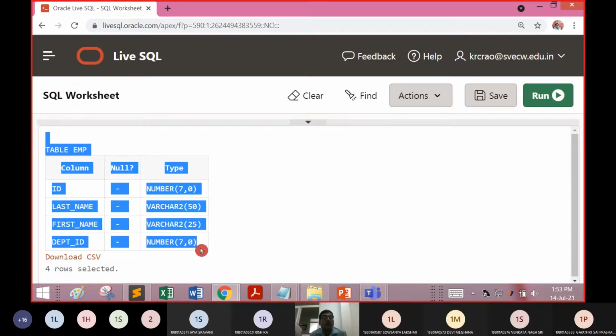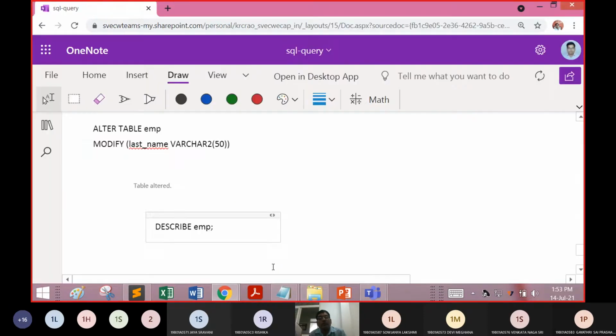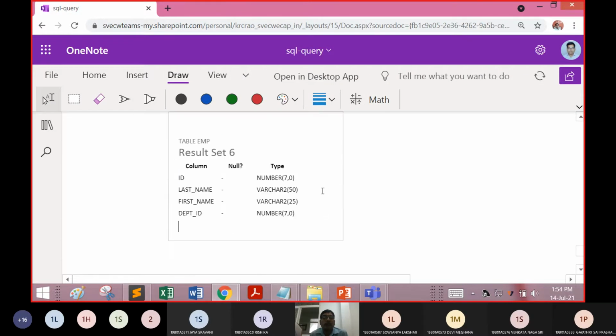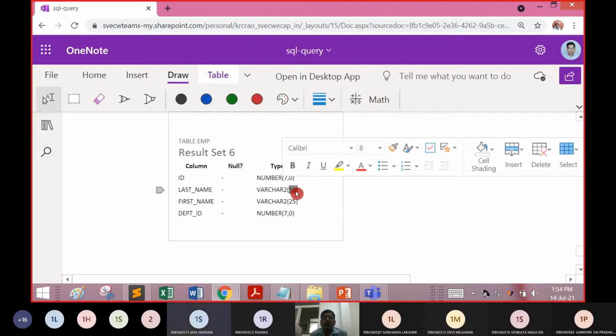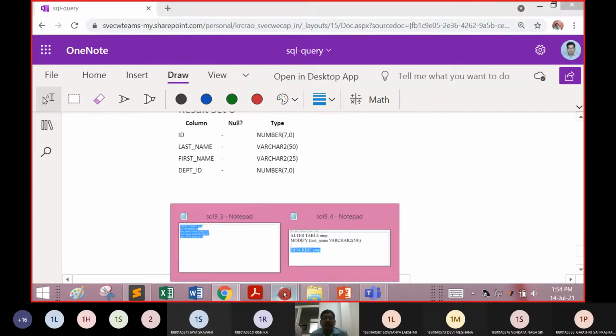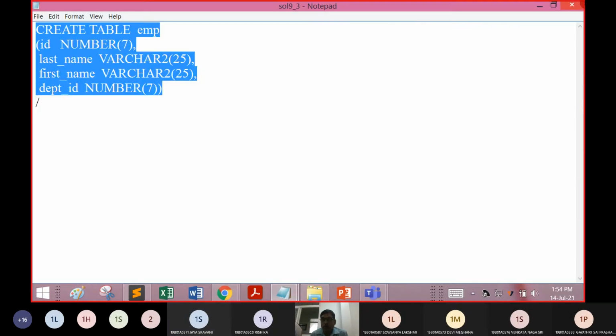So now we have this answer. It is indicating earlier it was 25, and now it has been converted to 50. That means an alter operation is taken up.